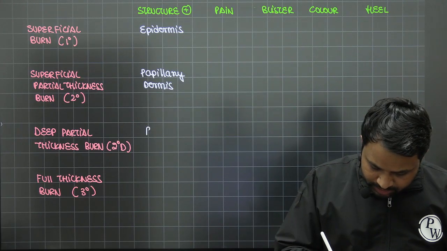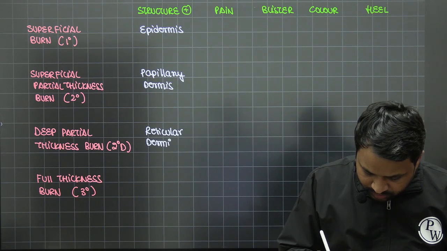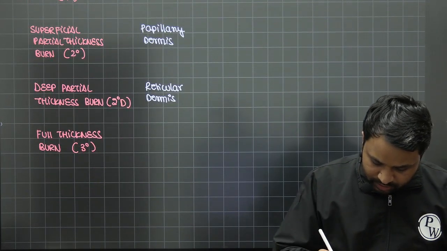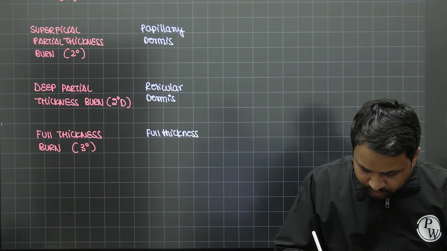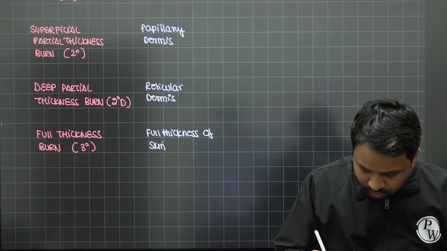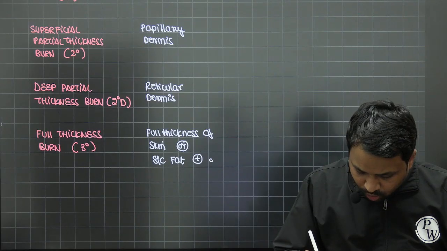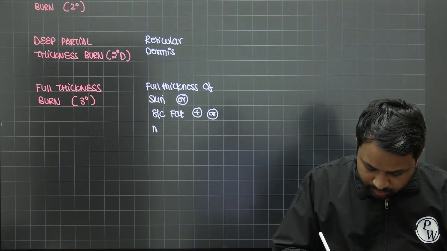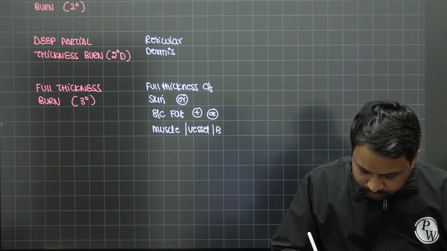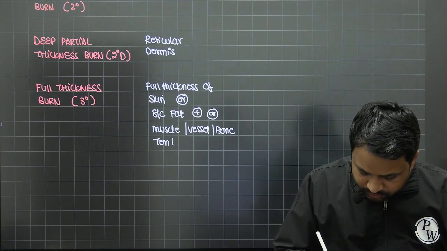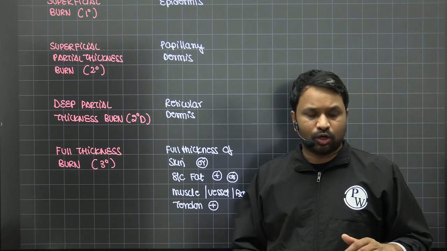Here it is going to be the reticular dermis of the skin. Here it is the full thickness of the skin, or involvement of subcutaneous fat, or there is involvement of underlying muscle, vessel, bone or tendon. If any other underlying structures are involved, we'll finally classify it as third degree, also called the full thickness